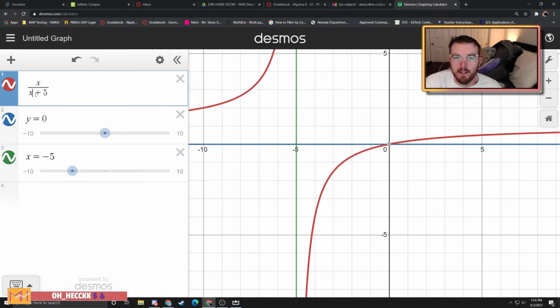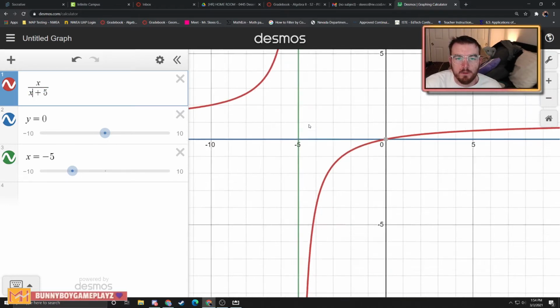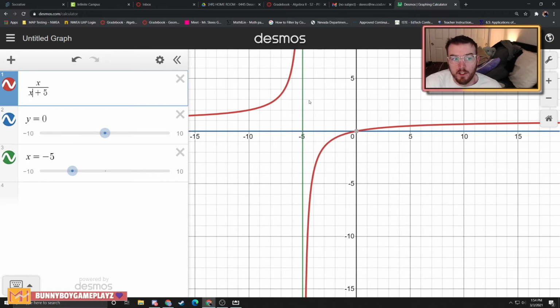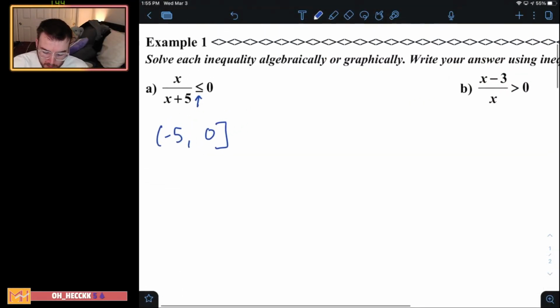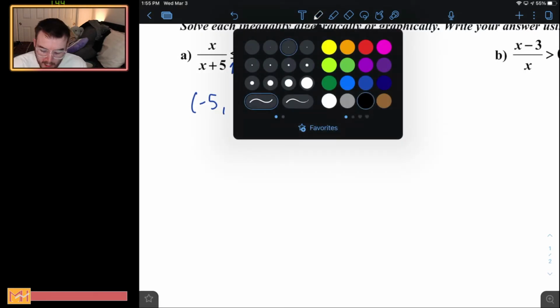You see that? Because -5 plus 5 is 0. That's why there is this asymptote in the first place. We've dealt with asymptotes before. You might have been super reliant upon Desmos at the time, but let's keep going. Also, before we move on from this problem, we can write it